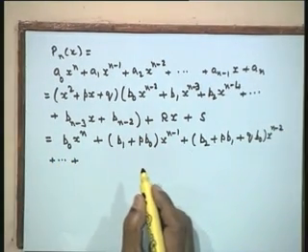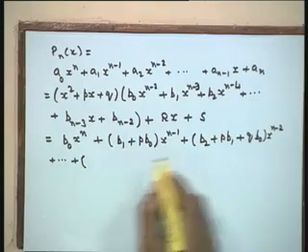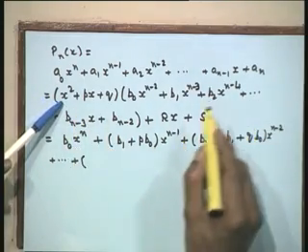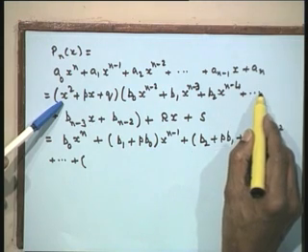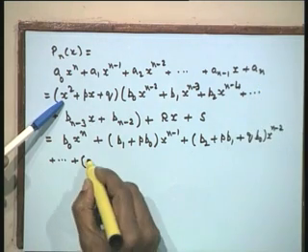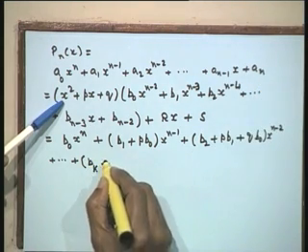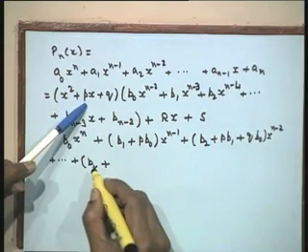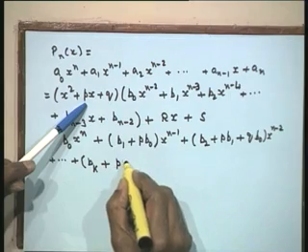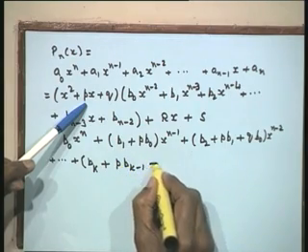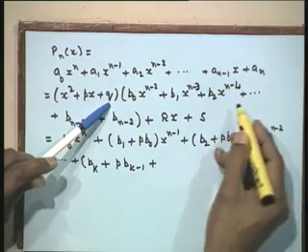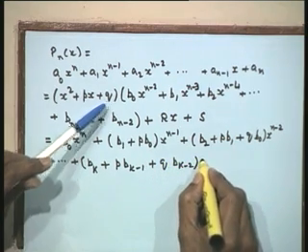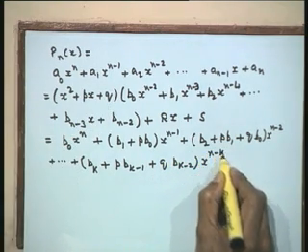Now let us take the general term. The general term is x to the power of n minus k. So x squared will be multiplying b_k x to the power of n minus k. So I will have b_k over here, then p will multiply the previous term. The previous term is b_{k-1}. So p into b_{k-1}, and q will multiply the previous term, that is q b_{k-2}, into x to the power of n minus k.